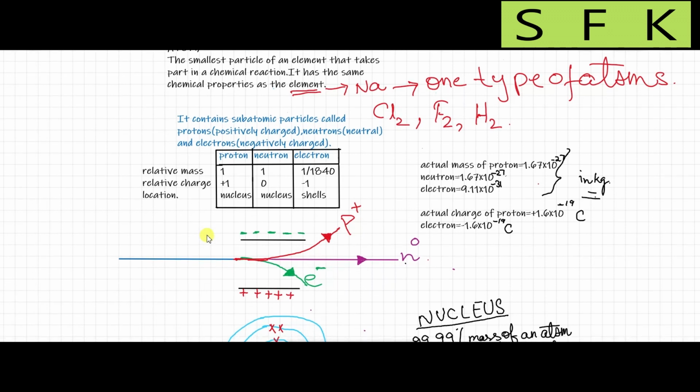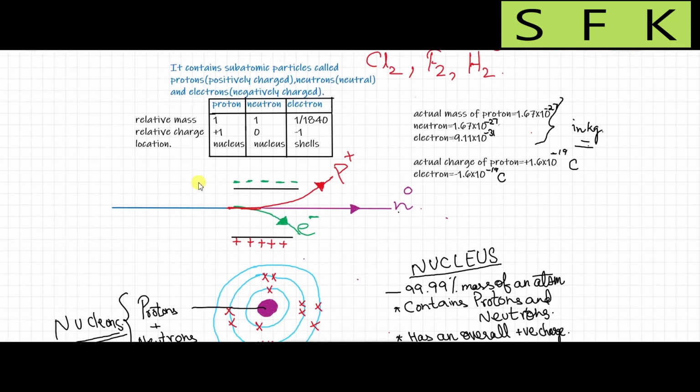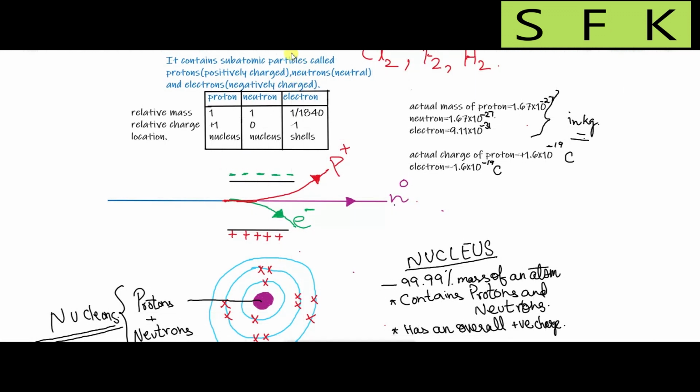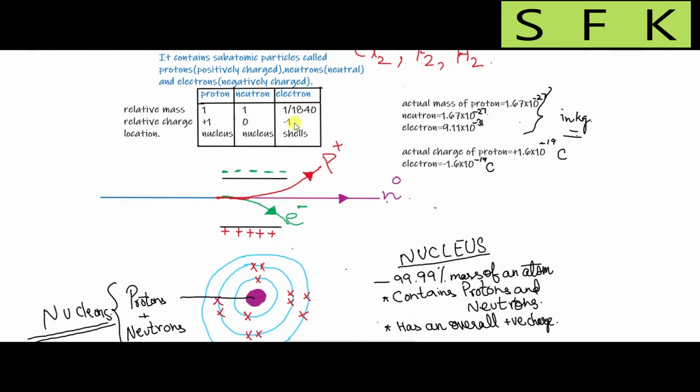Okay, if we look at the atom in a bit more detail, if we go inside the atom, we find subatomic particles. There are three types of subatomic particles: the protons, which are positively charged, neutrons, which are neutral, and electrons, which are negatively charged. Okay, this chart over here shows the relative masses and relative charges of each of the subatomic particle and their location. This chart is an important chart because it has been asked in both the theory paper